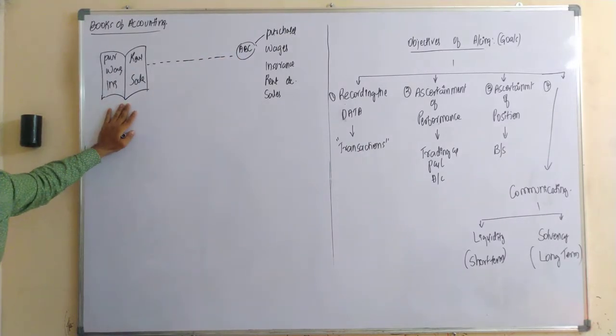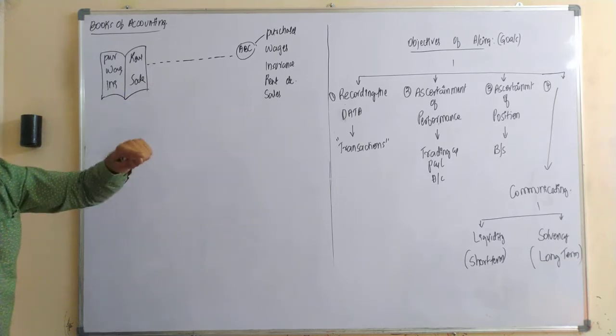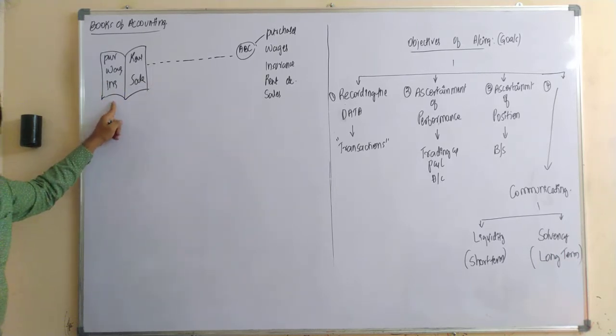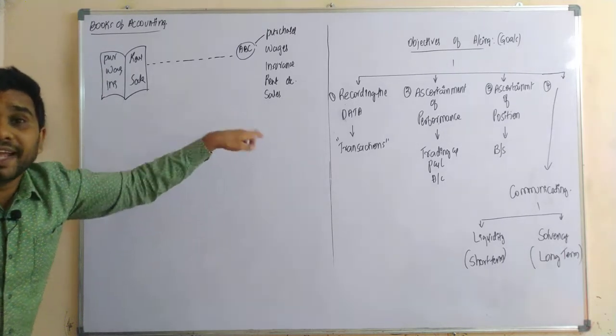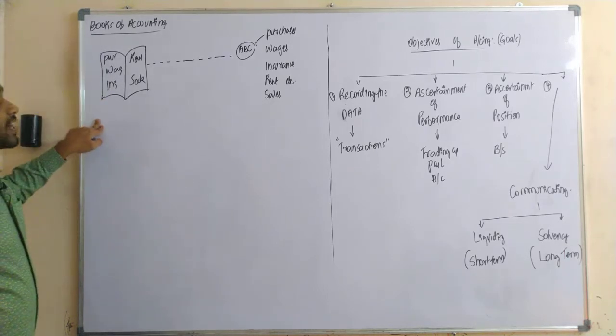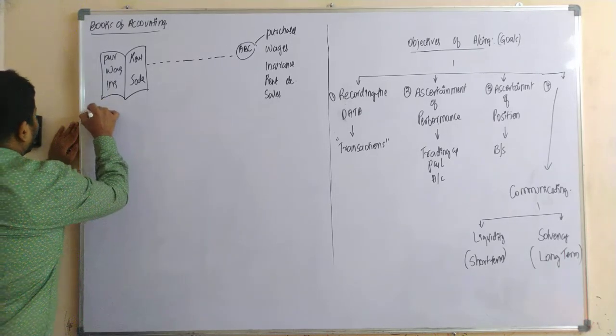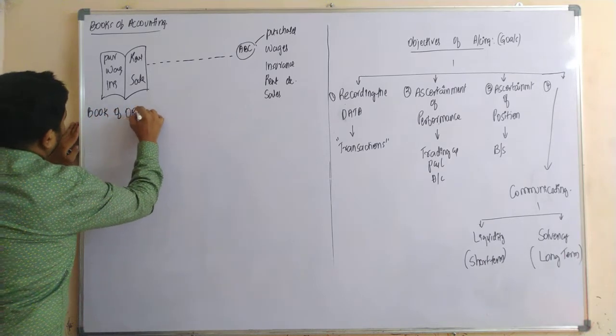That is the main question, yes or no? So as this is nothing but the financial data, yes, as per the definition, we are supposed to record it in the books of accounts. But are we recording the rough data directly into the books of accounts? Because these books of accounts are called the book of